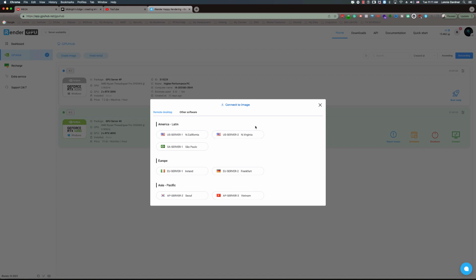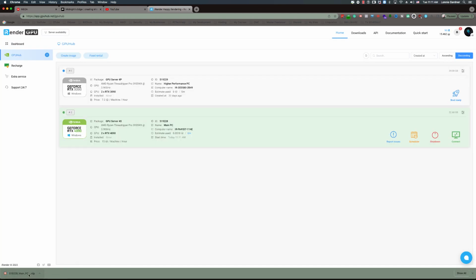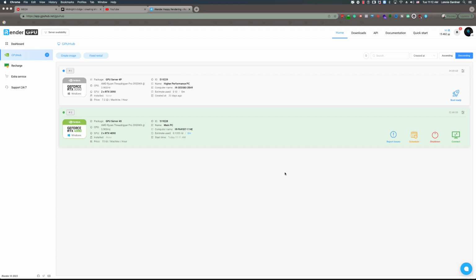Now we got our connect button. We're going to connect. Probably California would be the closest. You can see Asian, Pacific, Latin, depending on your location. They've got locations all over. They're actually based in Vietnam, but they've got server locations all over. There's my RDP, remote desktop thing. I'll click on that and start that, and that will load my Microsoft Remote Desktop. And that's how